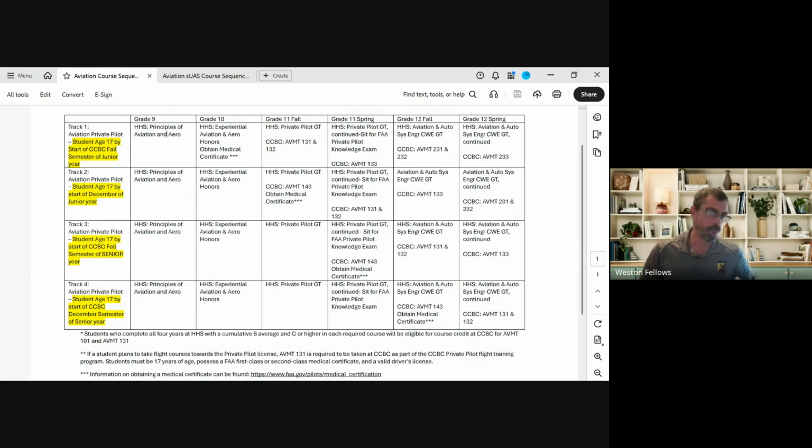But that's just another way to open up your schedule, even to be able to take some of the aviation classes, because what's happened a few times is as students move on to sophomore, junior, senior year, a couple kids want to take some ag classes, plus they want to continue on with their aviation completer. And there's just not space in the schedule to take all the classes that you want. So they may have to take the half credit health class and the half credit PFET, which is a senior class. And if they don't have space for ag, or we've lost some of the females because they want